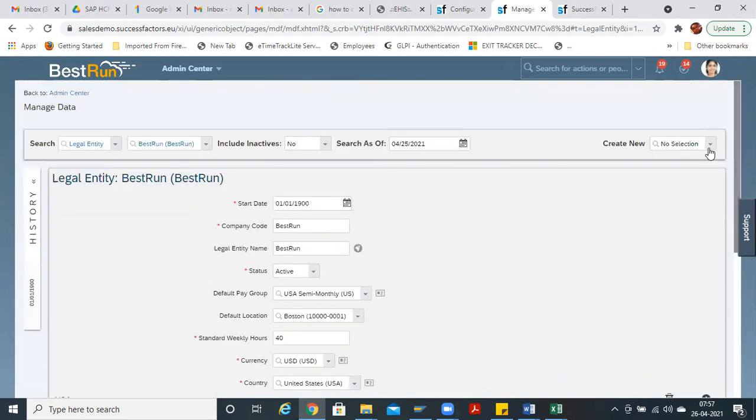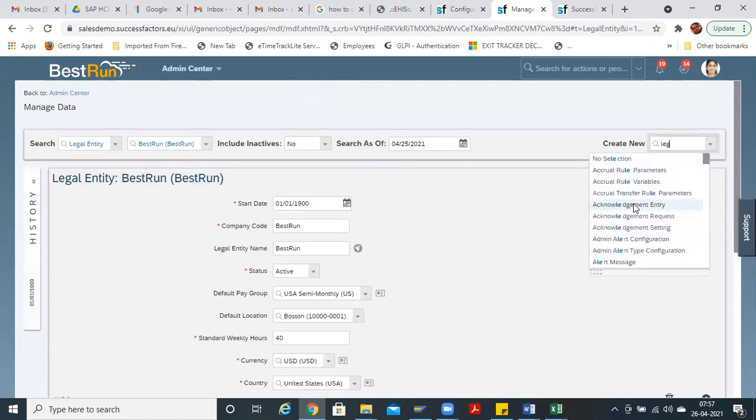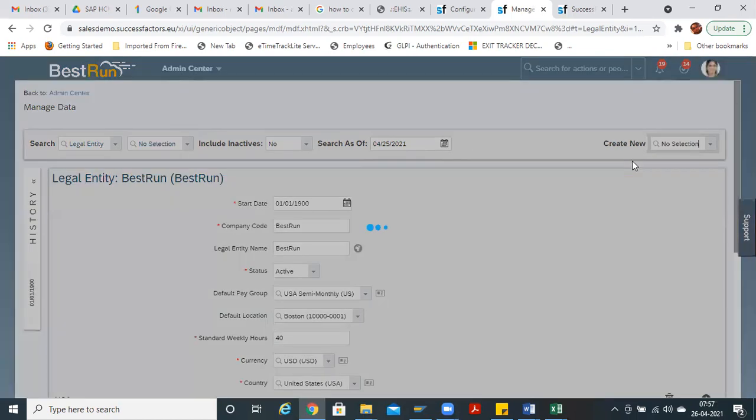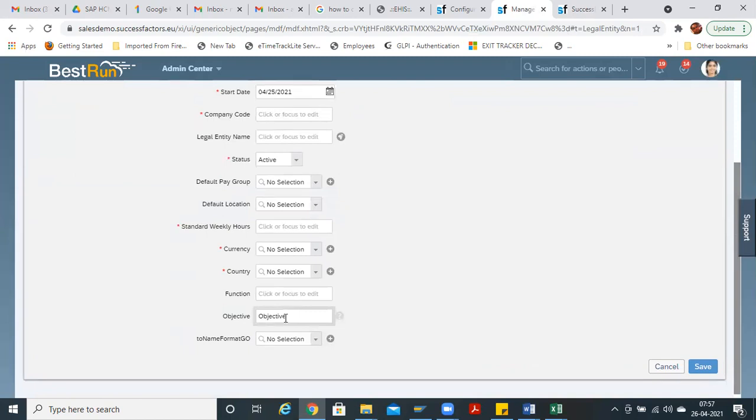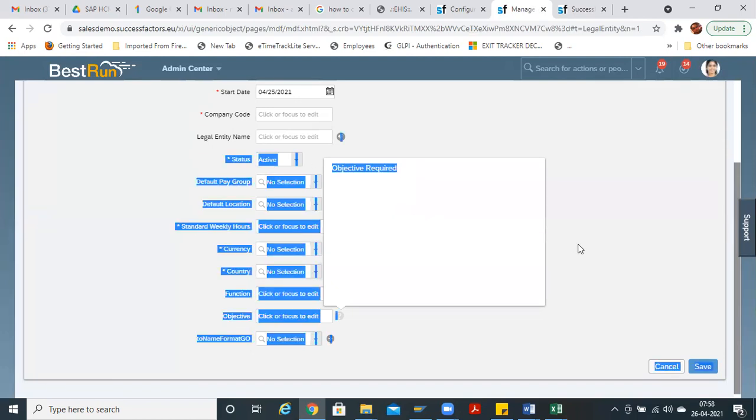Or if you are creating any new legal entity, you'll be having this objective field. This help icon which I have mentioned over there, you can use it to tell the end user the purpose: objective required. This is how you will be adding any custom field to the standard objects.